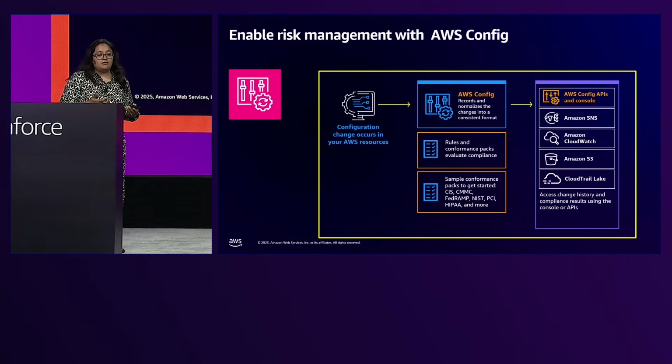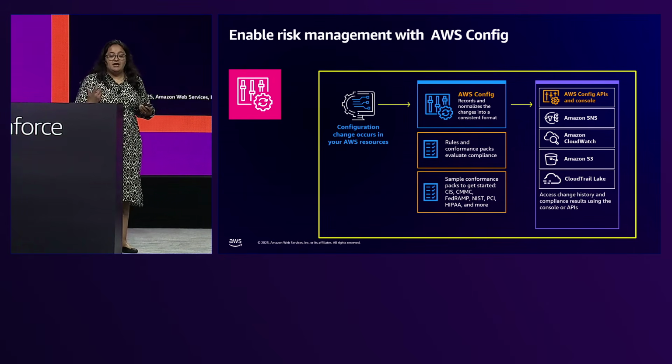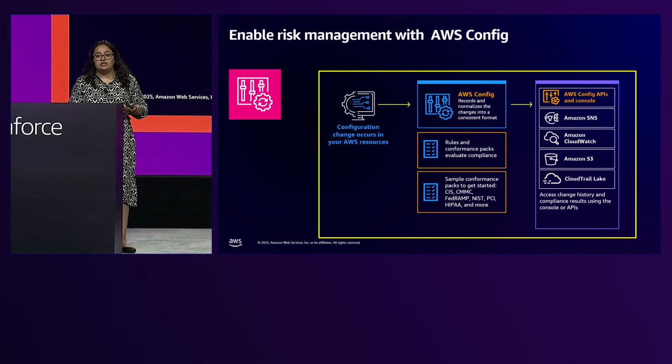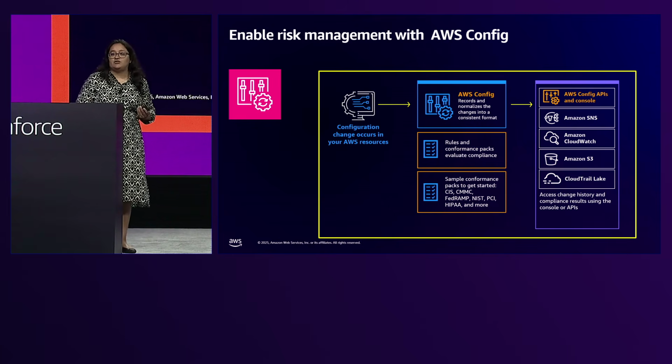What Control Tower can also do is enable Config, which would tell Greg if a resource is out of compliance. AWS Config is a service that will track all of your resources. It'll track the status of that resource and when a configuration changes, and if it impacts a rule that defines whether it's a compliant resource or not, it will alert you. So you can first remediate the resource that is out of compliance. Somebody opened the S3 bucket to public, it'll tell you, and then you can go change that. Then you can also come back to something like CloudTrail to see who made that change, so that you can lock down the permissions in case they are not allowed to do that.